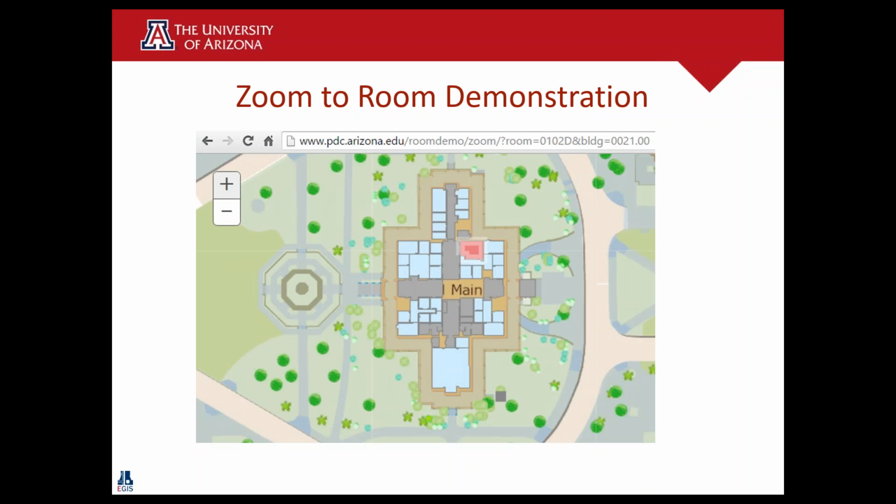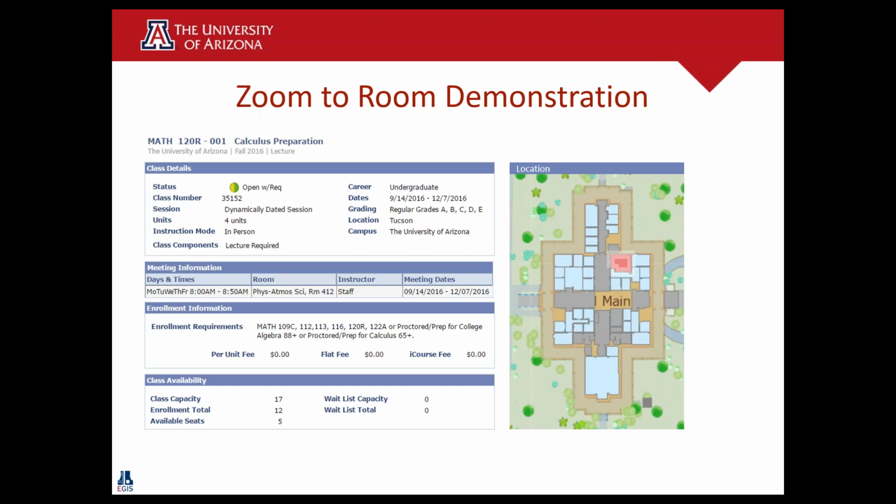Another demonstration app, just a little demo thing here, is our Zoom to Room demo, and I've shown a real big close-up here to show. You can see in the URL that there's an argument up there for the room number and the building number, and when these are fed to the app, the user is zoomed straight into the room. So I can see a lot of applications for the Zoom to Room feature to be able to dynamically display a room, and I kind of hacked together an example here